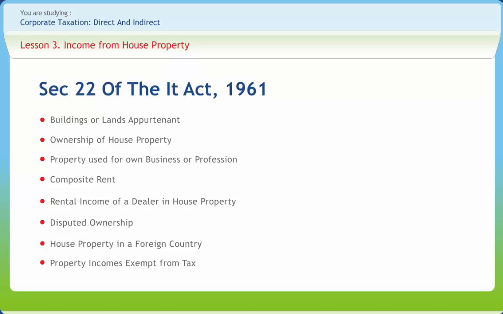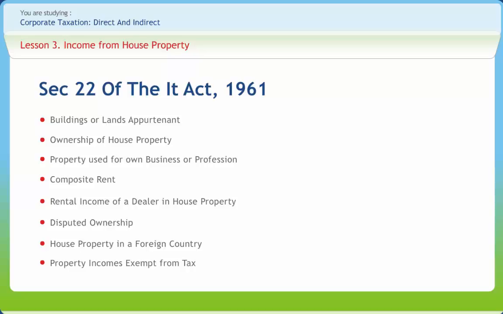If a person is engaged in the business of purchasing house properties with the purpose of letting them on high rents and disposing of those properties which are not profitable for this purpose, the rental income from such property will not be taxed as business income. Any rent from house property, whether received by a dealer or a landlord, is taxable under the head income from house property. It will remain so even if the property is held by the assessee as stock in trade of a business, or if the assessee is a company which is incorporated for the purpose of building houses and letting them on rent.